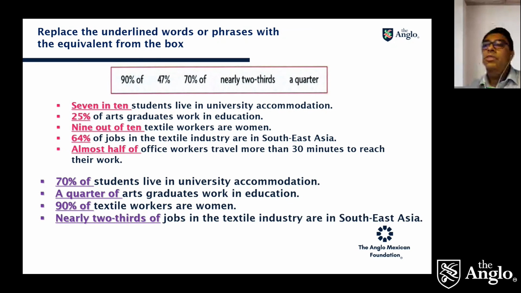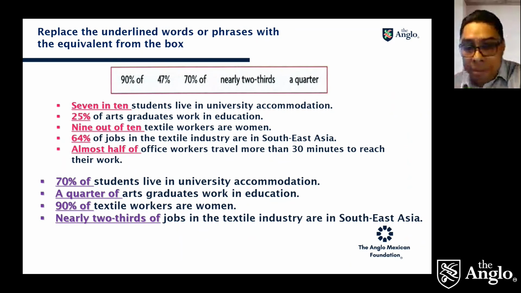Nearly two-thirds off, okay? Because remember, normally if you divide 100 into thirds, you have 33.33. So two-thirds is basically 66.66. This is 64. It's very close to the two-thirds, okay? And obviously the last one, almost half of the office workers,